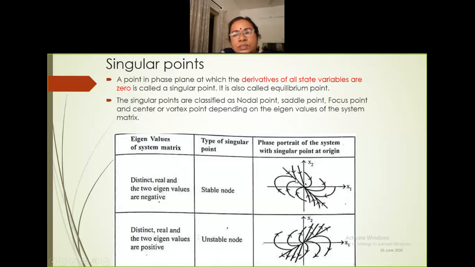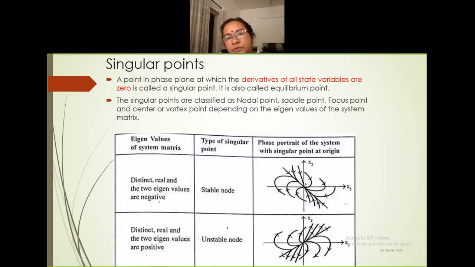You just draw this line slope, the middle line, you can see. Now, since it is lying on the left hand side, it will be a stable one. Now you draw all the phase trajectories, that is the nearby trajectories, for different sets of initial values. You draw everything towards the origin. You can see that the arrow is pointing towards the origin, and again which is parallel to this middle axis. This middle axis is the diagonal of the second and fourth quadrant.